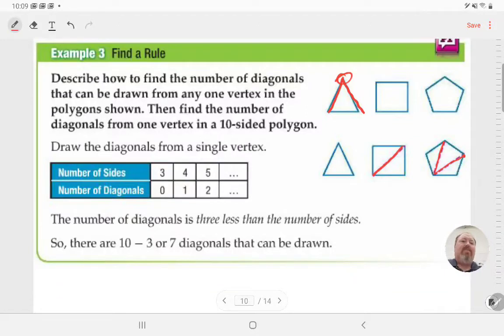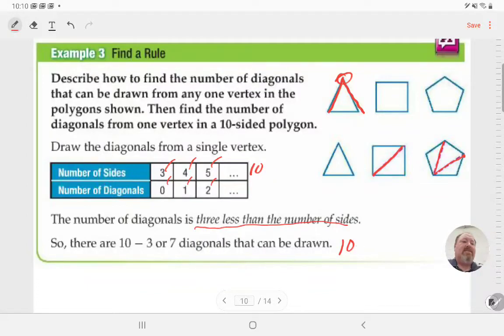Okay, so we could set that up in a table. So 3-sided is 0, 4-sided is 1, 5-sided is 2. And we're trying to find what a 10-sided would be. So we need to figure out what it is, okay? So when we look at this, we could figure out a rule that is 3 less than the number of sides. So I can take whatever sides I have and subtract 3. Let's see. 3 sides minus 3 would be 0. 4 sides minus 3 is 1. 5 sides minus 3 is 2. So that rule works. So simply all I have to do then is go 10